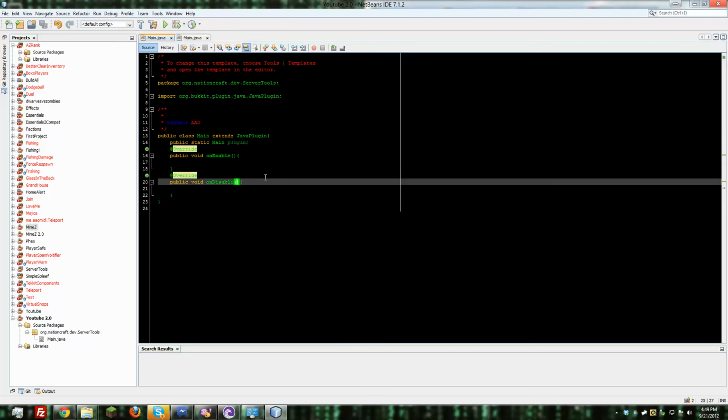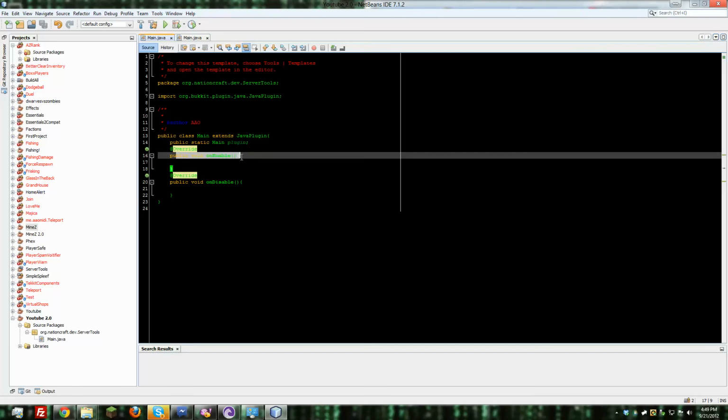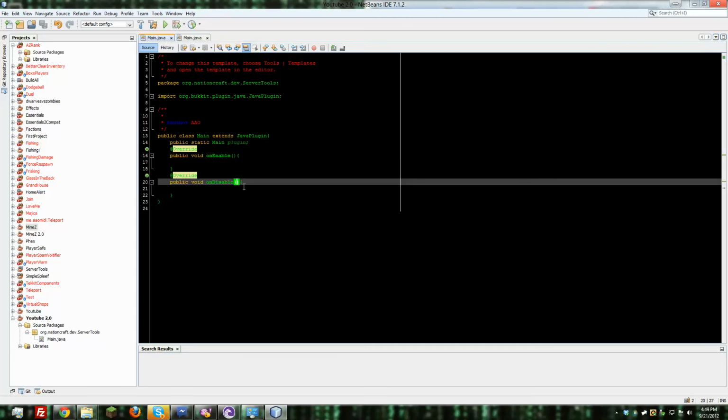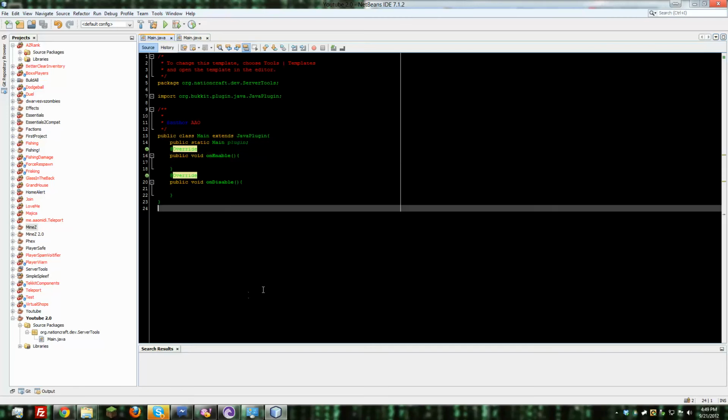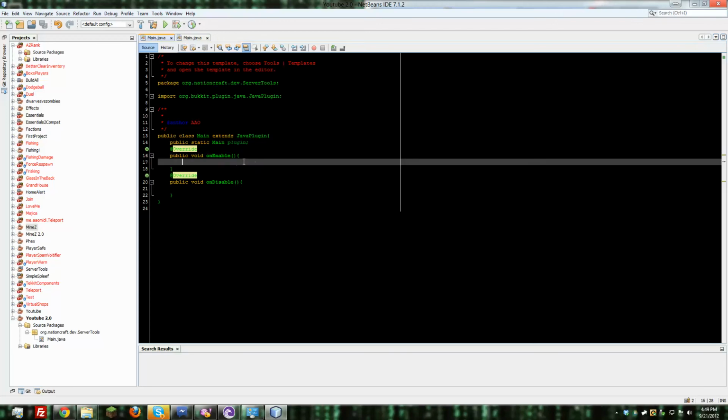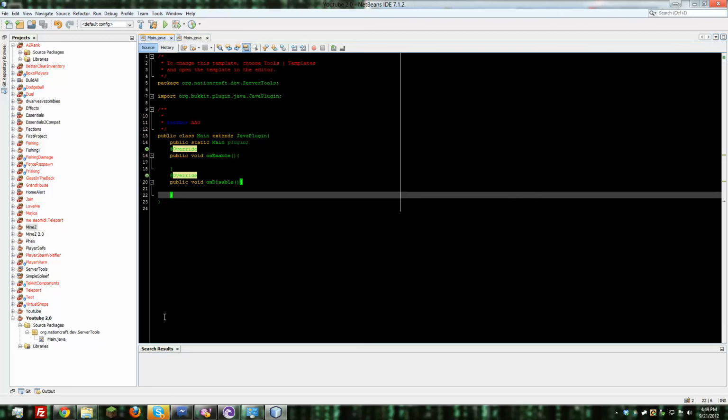So what this basically does is what to do when the plugin gets enabled and what to do when the plugin gets disabled. Since 1.3, you don't really have to send a message to the console that says this plugin just started working. It automatically does that. So I'm just going to leave these empty for now. And I'm going to go exactly onto